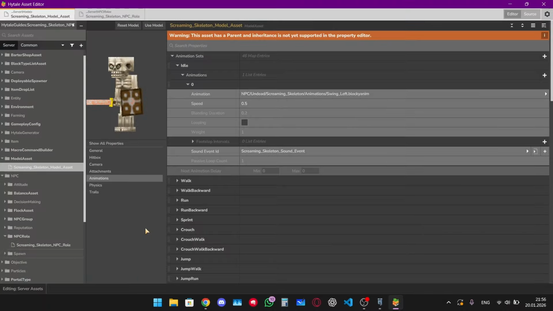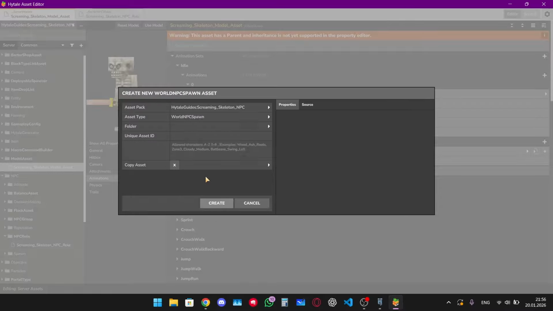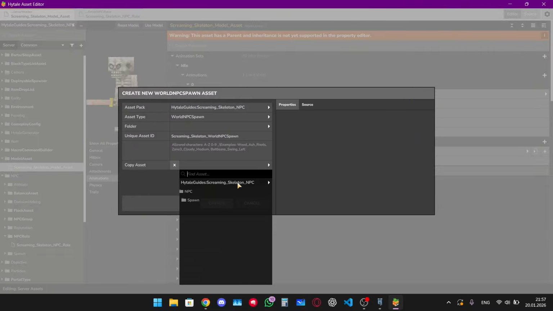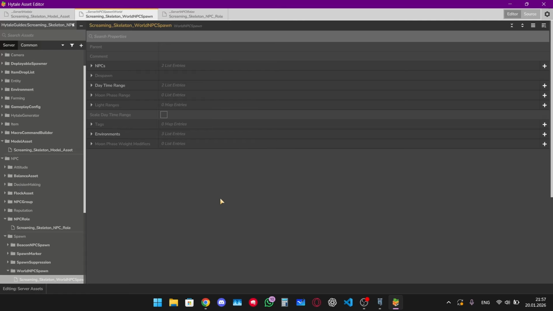Now let's make these bad boys spawn inside of Hytale. For that, I'll go to the plus button, and for the asset type I will search for spawn, and we are going to choose world NPC spawn. Give it a unique asset ID, let's say screaming_skeleton_world_NPC_spawn, and we're gonna copy an already existing asset once again from Hytale. Let's just choose one from zone 1, let's say forests predator, hit create,